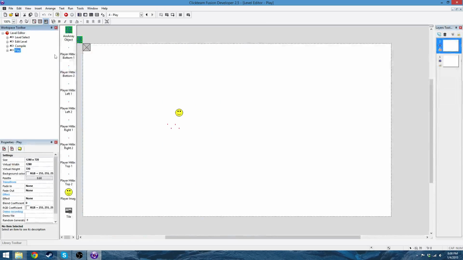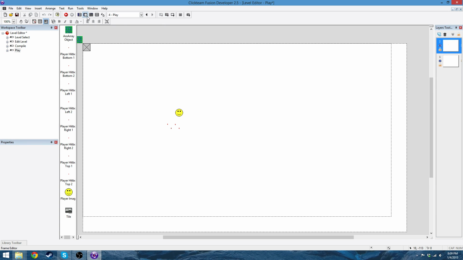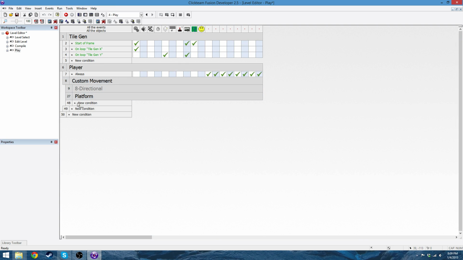And then what we're going to do is we're going to make play 64 bigger on both axes. So that is 1344 by 784. Good. And we're going to say, I'll add a group